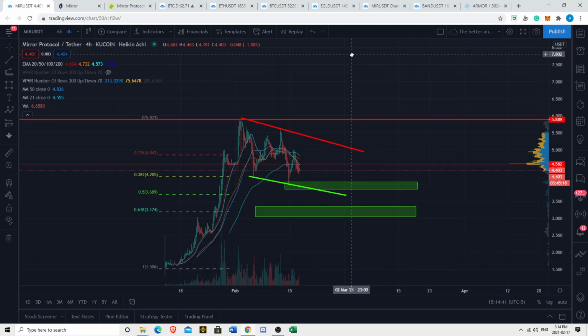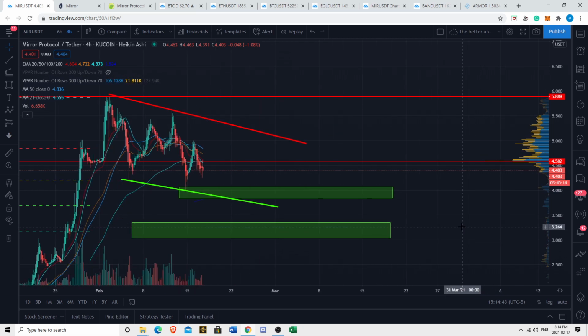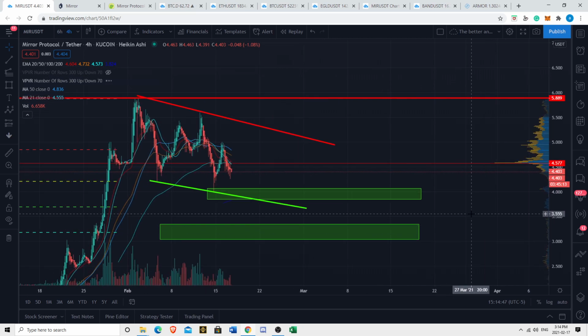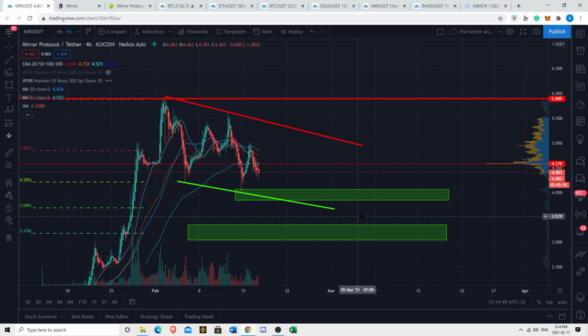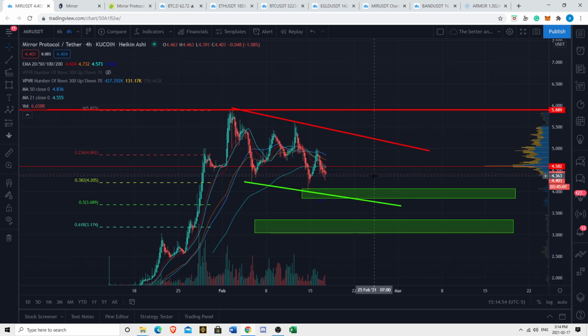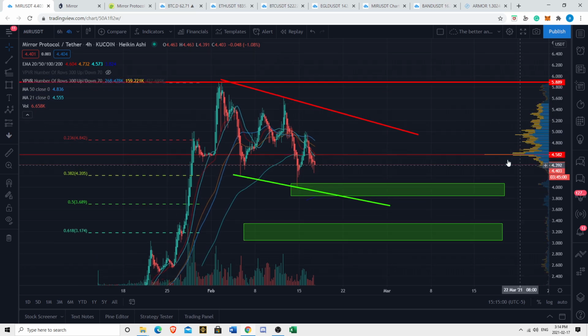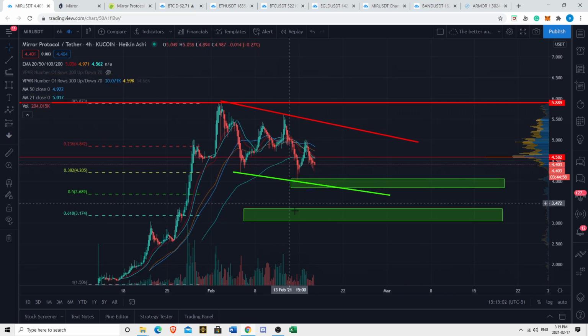I think we're in the beginning stages of a bull run. We haven't seen anything yet. The institutions are just getting into Bitcoin. Bitcoin's an absolute monster. It's past $50,000. It's going to continue to explode, in my opinion. I think in 2021 we're going to see Bitcoin in the several hundreds of thousands of dollars. Now, why do I bring that up? Because I don't think Bitcoin is just going to go that high and not have an impact on the altcoins.